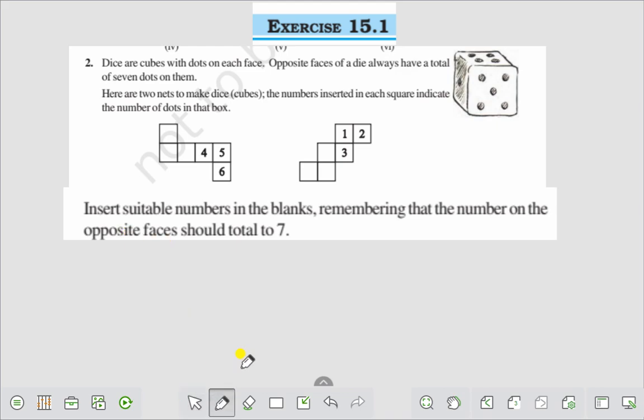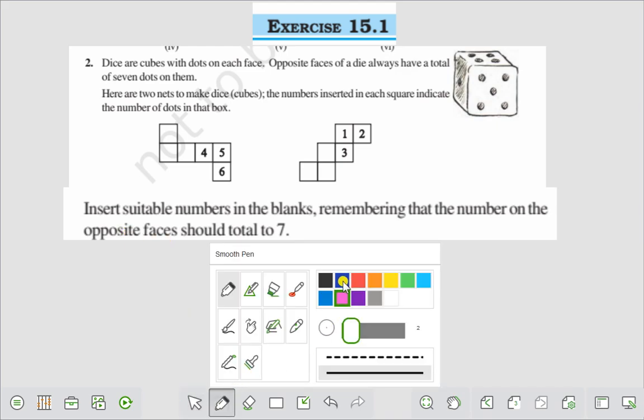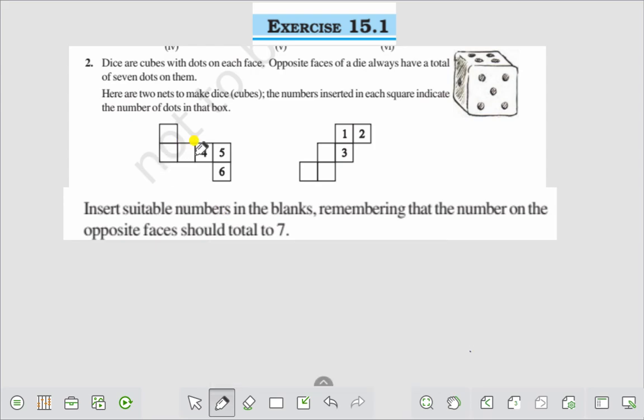Here you see that if we fold this one, this one is upside, and that means the opposite of 2 is this side, right? Opposite of 5 is this one, that means it will be 2, right? And you see, if you fold this one, you're getting this point, right? This is the opposite of this side, that is 4, so it will be 3,